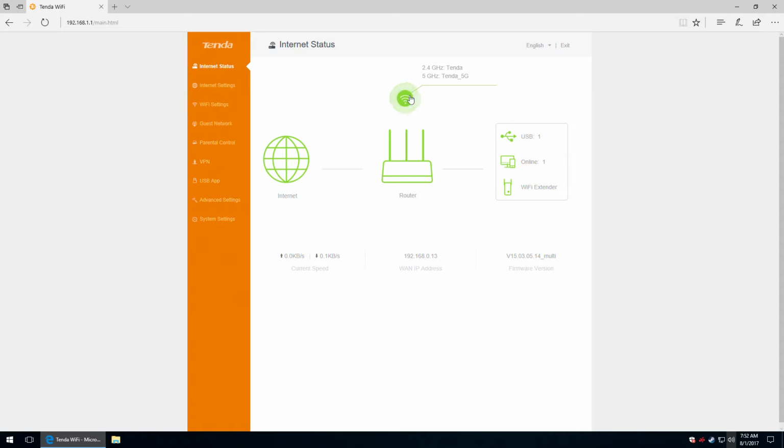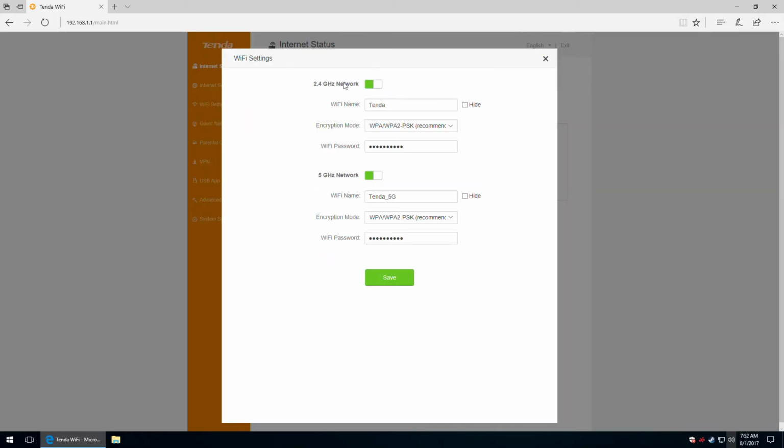The header has a language selector, but as you can see right here, only English is available and some Chinese. Next, there's the info about the wireless. So we have the two radio networks, the 2.4 gigahertz and the 5 gigahertz networks. The first one is called Tenda because this is what I selected. We can choose the encryption mode, WPA2. Let's choose WPA2, and the Wi-Fi password. I want to change this, so I will choose